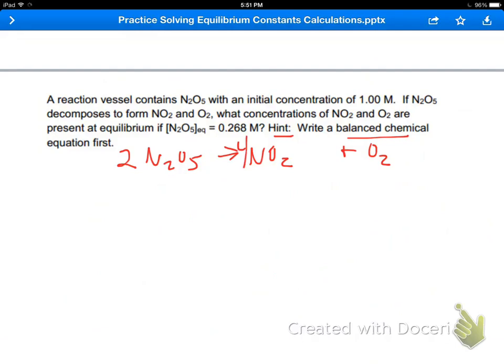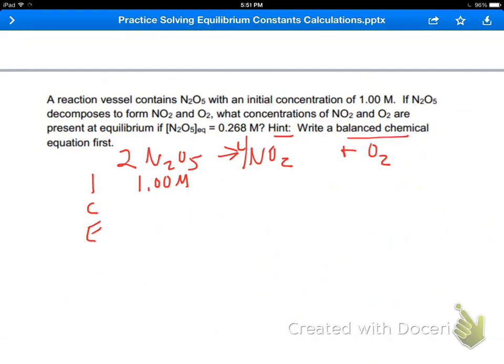So I'll end up with 4 of these, and now I have 4 N's, but I have 10, so that's going to be balanced. Okay, so my ICE, with an initial concentration of 1.00 molar of this,